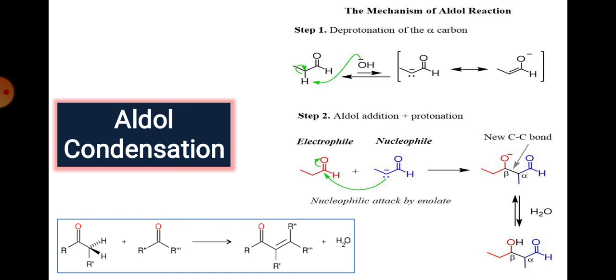So the mechanism here is very simple. First step is the reaction with a base, in basic medium. The base reacts with the carbonyl compound, abstracts the proton, and generates the negative charge, that is an enolate ion, and that enolate adds to the second equivalent of carbonyl group. So a new C-C bond is formed as shown in the mechanism here, and after that proton abstraction gives the beta hydroxy carbonyl group. Then it undergoes the E1CB mechanism, leading to the conjugated enone.